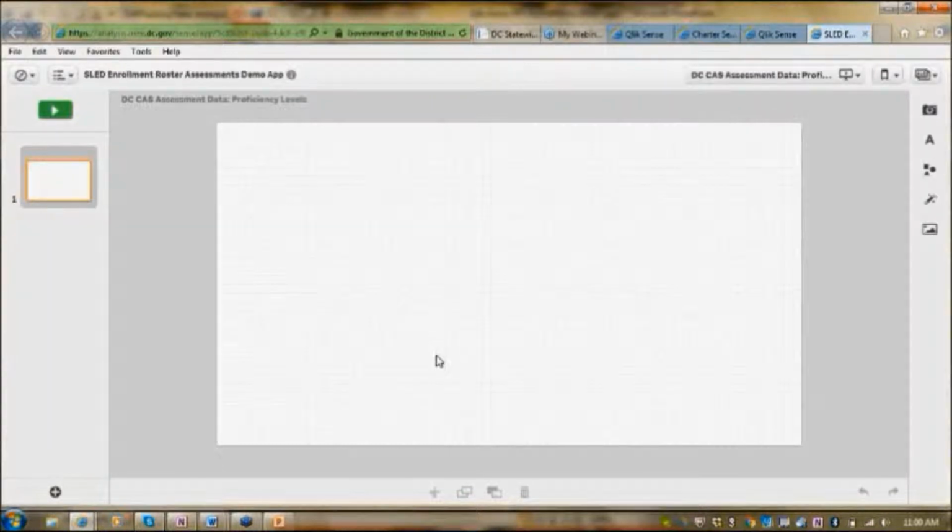I can click here, and now what you see looks sort of like PowerPoint. Very similar to Microsoft PowerPoint, where I have my icons over here, my view to let me know the slides that I've created, and then also my workspace in this area so that I can actually create the content for the presentation, document, or something I'm doing to share with other colleagues at my school. So to get to your library, you go to this icon here,